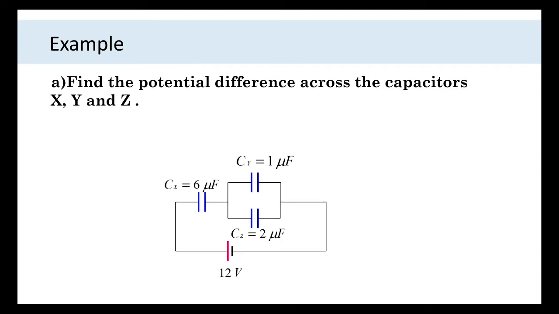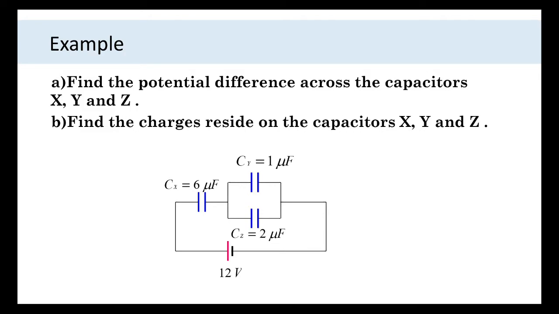So next example, which is find the potential difference across the capacitor, which is X and Y and also Z. And we have another question, find the charge reside on the capacitor X, Y and Z. So this is a circuit. We have a battery here, our power supply which is 12 volt, and we have CX here which is 6 microfarad. We have CY 1 microfarad, CZ is 2 microfarad,